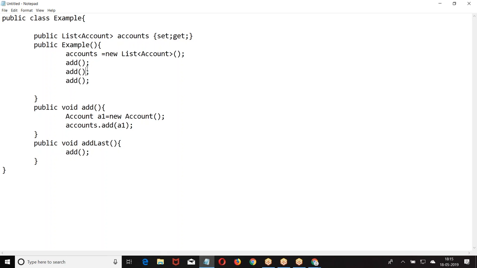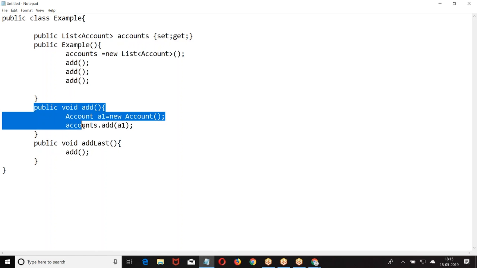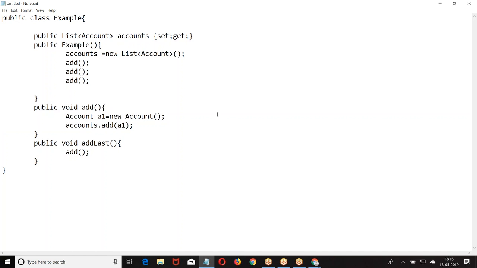Am I right or no? So what did I do? I have reduced the functionality. I have reduced the burden of writing the code again and again. Instead of writing the same code again and again, I defined that functionality as one new function, and I invoke that function wherever I want. Am I right, boss?